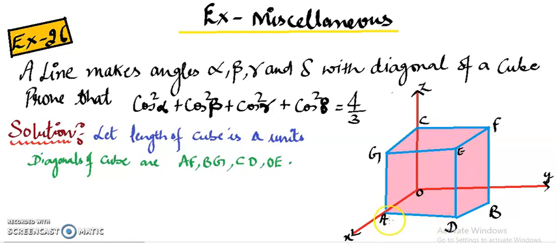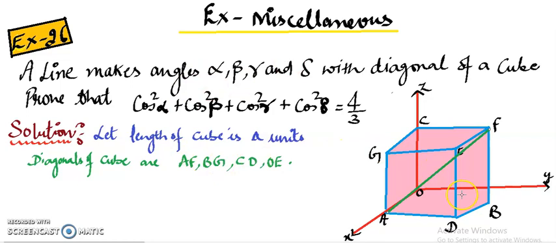As you can see, I have taken a cube in 3-dimensional and A, G, C, F, B, D, E are the vertices of that cube. And in that cube we are to take only diagonals. So you can see there are 4 diagonals. First diagonal is AF. When you join one corner with another corner, you are not supposed to take these corners on the same side. If you are taking one corner of one face, you are to take another corner of the opposite face. So AF is your diagonal.